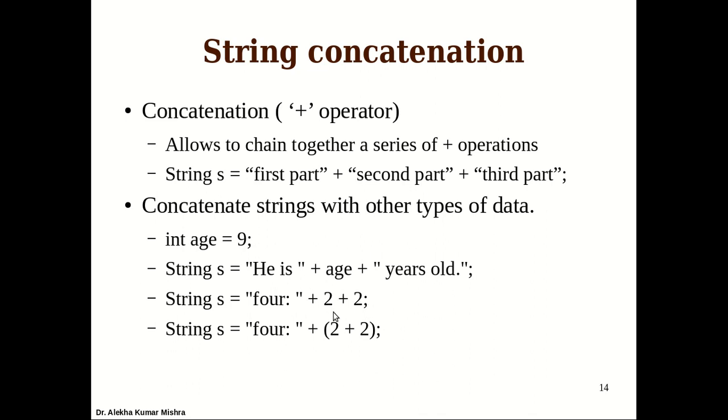So if you want to perform an arithmetic operation, definitely provide parentheses here. If you give parentheses here, first it will look at these operations. Since these 2 operands are integer type, it is going to perform addition instead of concatenation. Then the result will be concatenated with the output. So you have to be a little bit careful while you are using concatenation with the string and other data types. If you're not using the proper way, you may not get your desired output. All right.